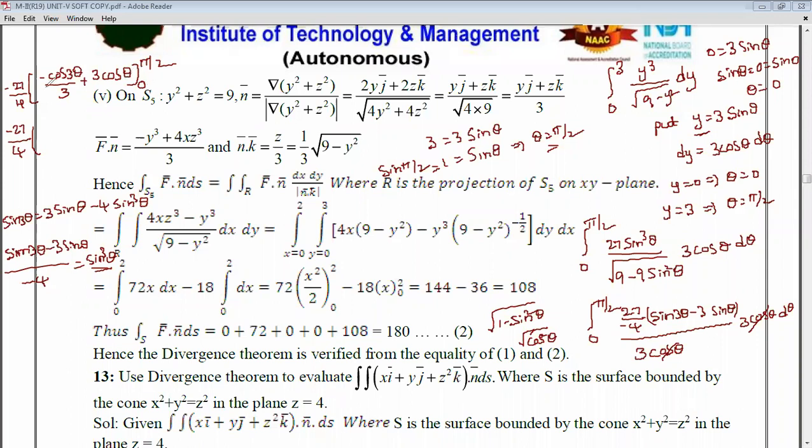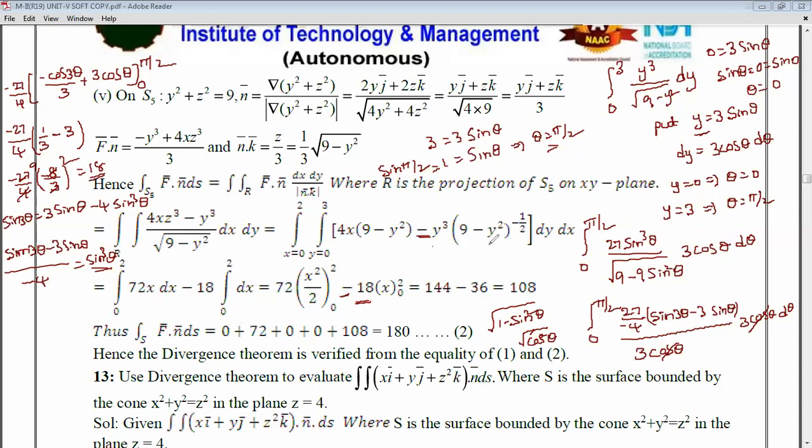And if you substitute the lower limit, cos 0 is 1. But when you are substituting the lower limit, the sign will change. So 1 by 3 minus 3. So minus 27 by 4 into, if you take the LCM, 3 is the LCM. 1 minus 9 is nothing but minus 8. So minus minus plus, 4 twos are 8 and 3 nines are 27, so 9 into 2 is 18. So that's why we wrote 18. This minus as it is we wrote here.